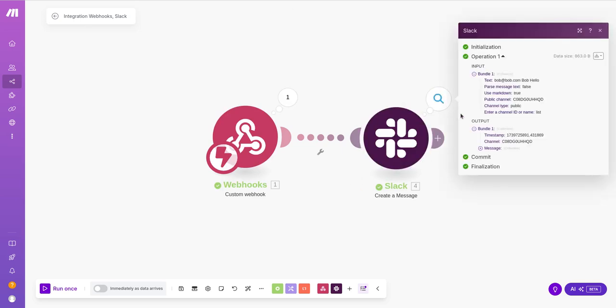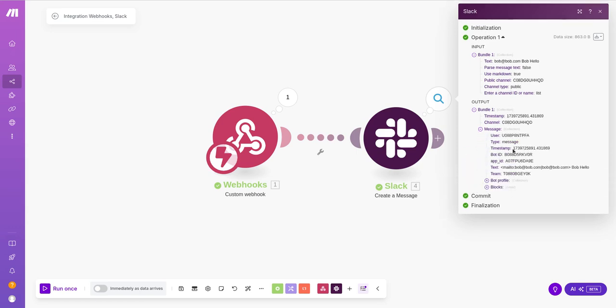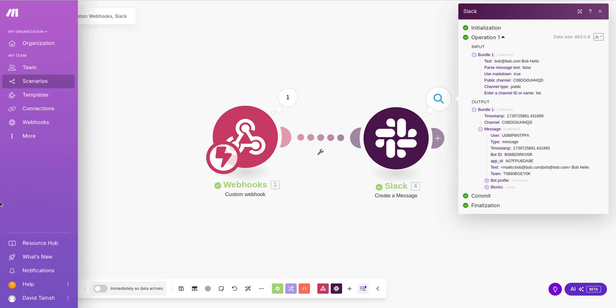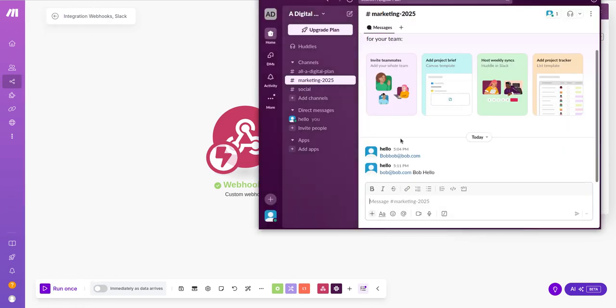Let's have a look at the Slack there. Bundle 1, text bob@bob.com. Bob, hello, that's the message. True, timestamp, whatever. And if we open up Slack, we can then see there is the message. And it's that easy to actually integrate Slack